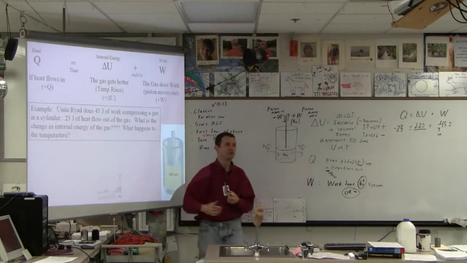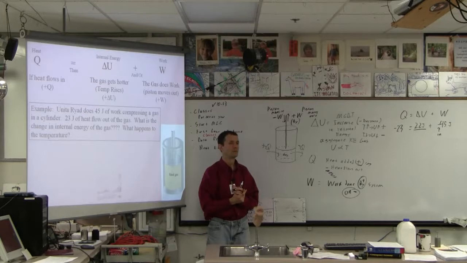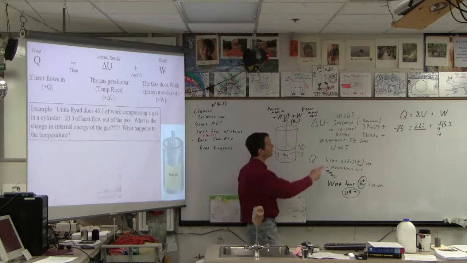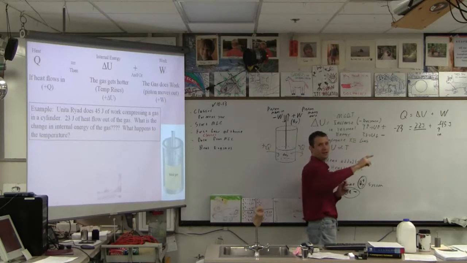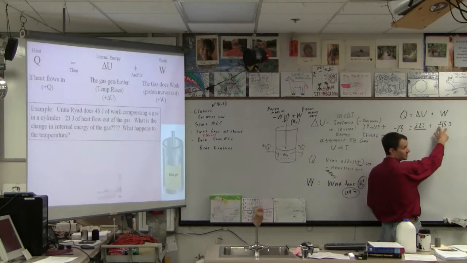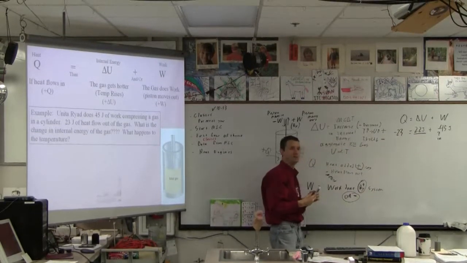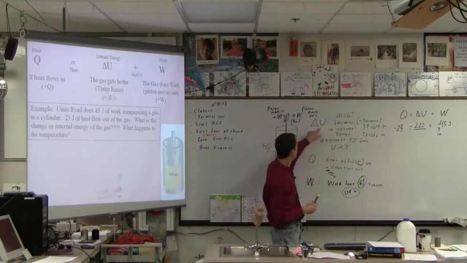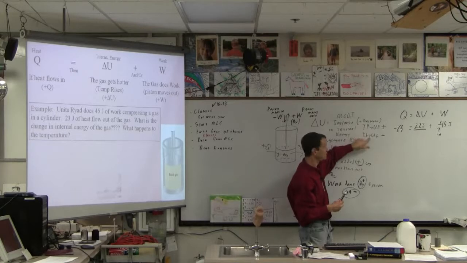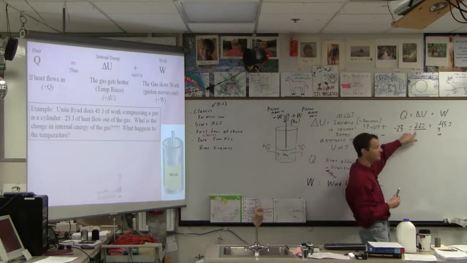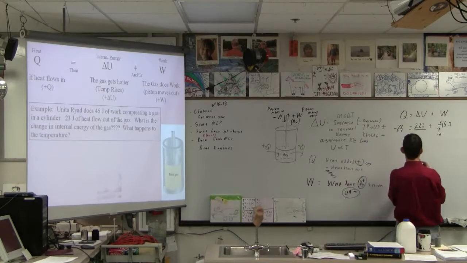What happens to the temperature? Is it hotter or colder? Hotter. Why do you know it's hotter? Yeah, it's compressing but heat flowed out. Wouldn't that make it colder? Well, I know. So now it's a question. We compressed it. Really, we did this much work on the gas. This much flowed out, but this much was retained by the gas. That's another way to think about it. Here's how you know that the temperature went up. You don't need to really ponder it too much. If the delta U is positive, temperature went up. If it's negative, it went down. Okay, yes? So since it's positive, the temperature went up. Okay? Now,